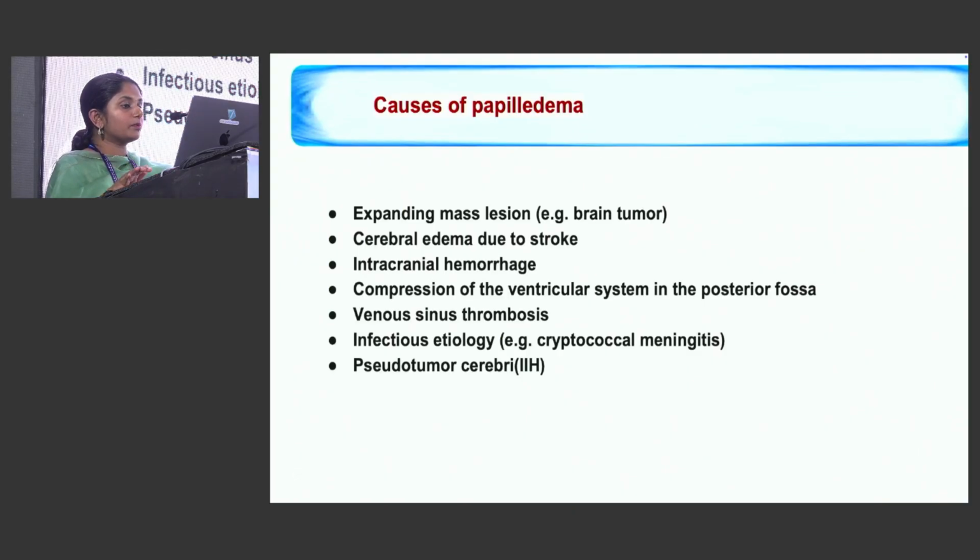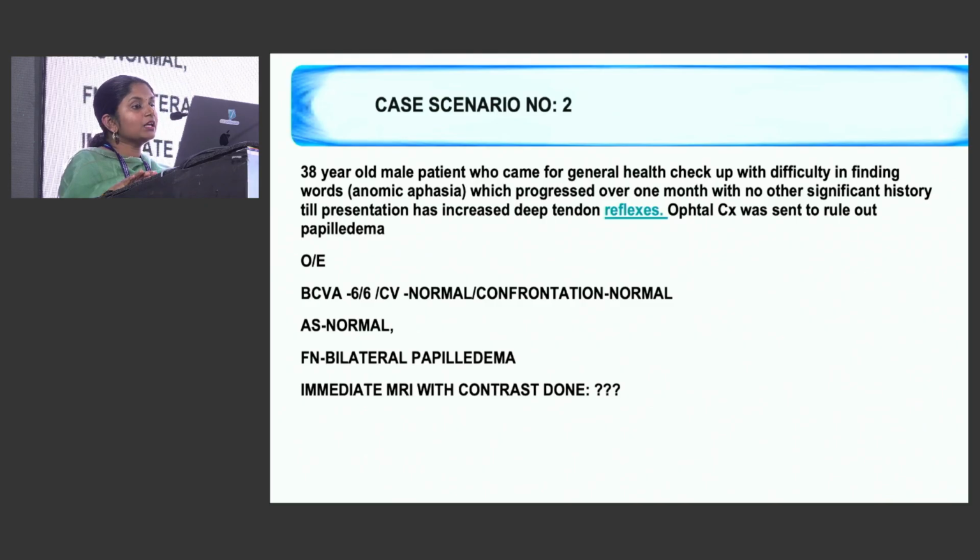And causes of papilledema: expanding mass lesions, cerebral edema, intracranial hemorrhage, compression of the ventricular system in the posterior fossa, venous sinus thrombosis. It might be due to an infectious etiology as already discussed, or it might be due to pseudotumor cerebri. Coming to another case scenario, a 38-year-old gentleman who came for a general health checkup with